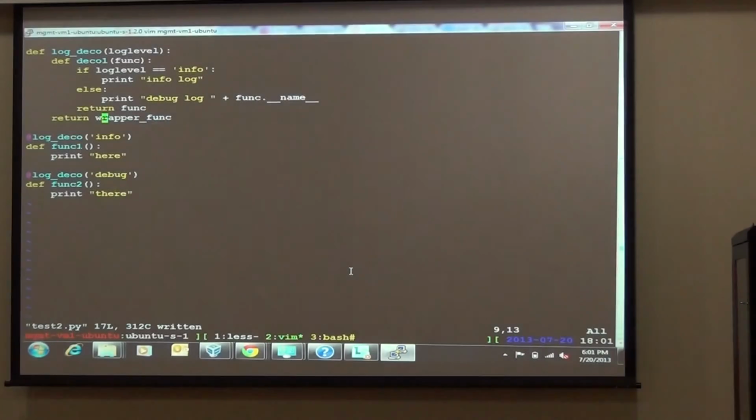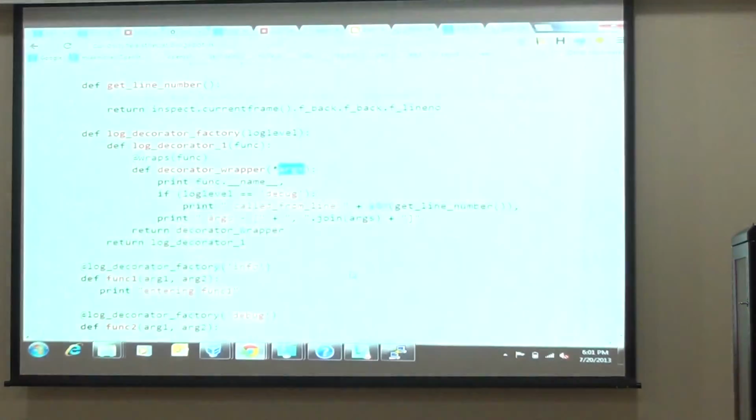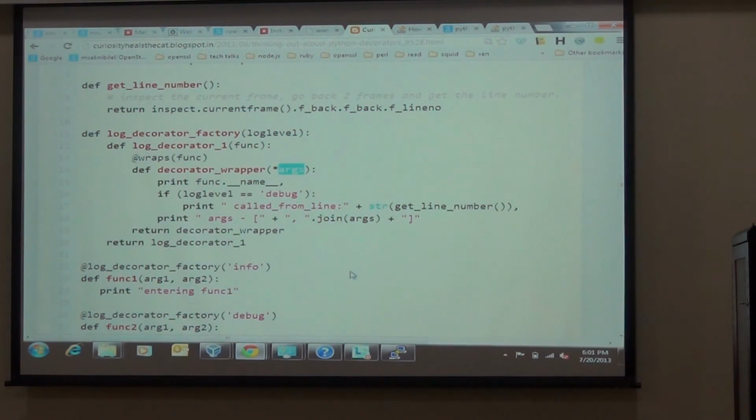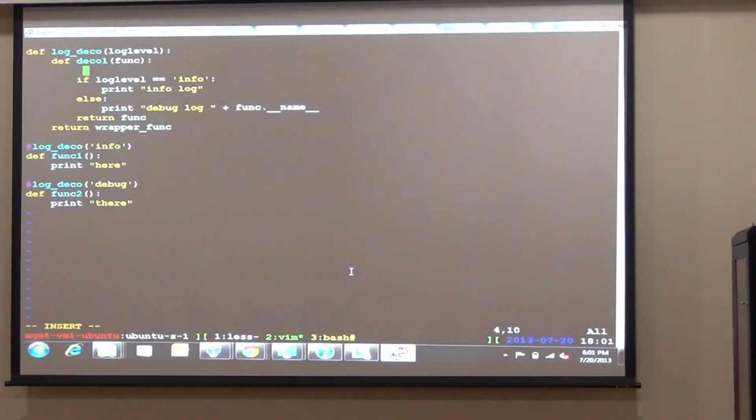What I was going wrong here is I have two levels of nesting. So I was taking the log level, but I was not doing anything with it. If you want to clean that up, we take the log level and then we have the decorator. But inside this decorator, we'll have a wrapper which does its work. Probably if you had an argument, you would have got it right. Yeah, that's right. With three-level nesting, I have to refer to stuff when I'm working with that. So decorator wrapper.